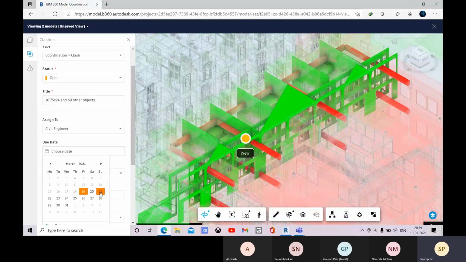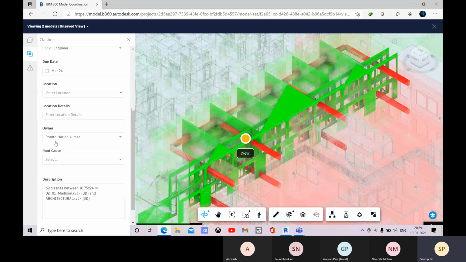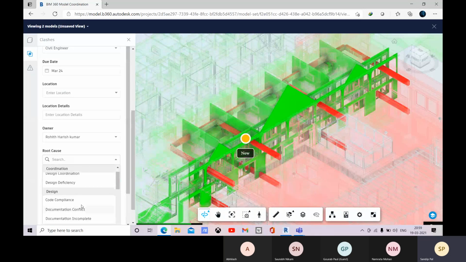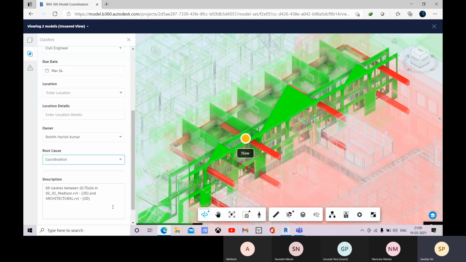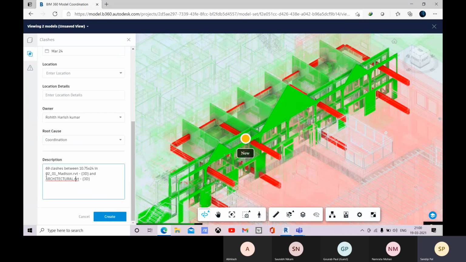Just let me go for this. Okay, and you can define any location there, location details, who is the owner, and there you can define the root cause. So what is the root cause? There you can define it. Let me go for this. Coordination is the root cause. So next time they will keep it in mind, and see that as you are going with the clashes, you are creating the issue as per the clash.